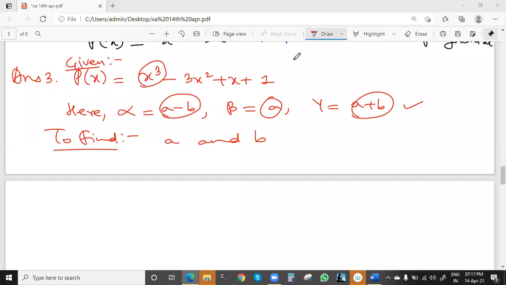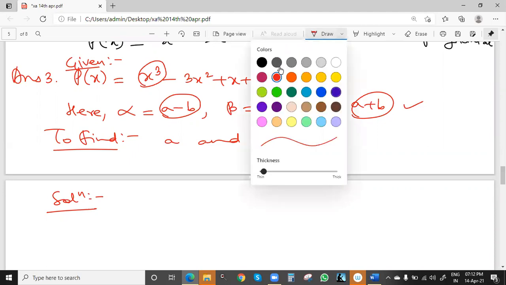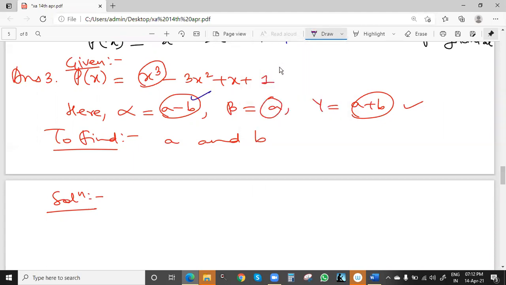Yes, sir. Fine. Okay. To find a and b values, how to proceed? Anyone, if you know, can tell me how we can write the solution. How can we solve this question? A cubic polynomial is given. 3 zeros are also given: a minus b, a and a plus b. These values are in a and b. a minus b is the first zero, or we can say first root, then a and a plus b. And we have to find the values of a and b. How can we solve this question? Anyone?